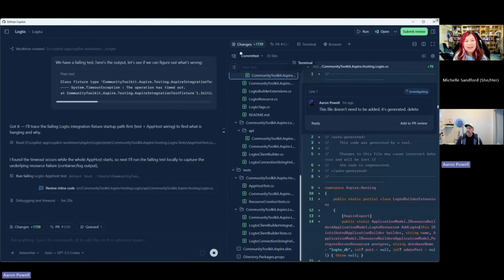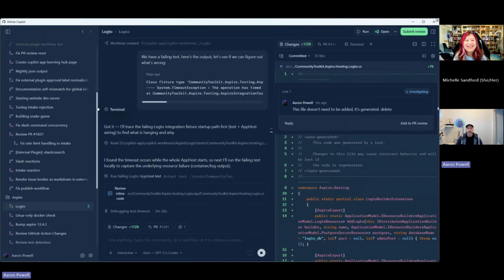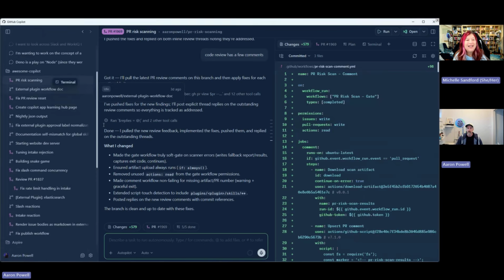Yeah, it still thinks I'm selecting on something, but I'm not. So we'll navigate away, and we'll come back up to, say, another one that's up here. No, I'm not going to drop the terminal. I do really like the fact that you can add comments and add tasks after the agent has already started.